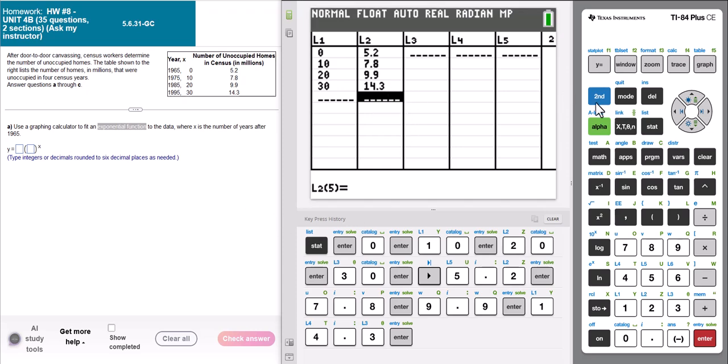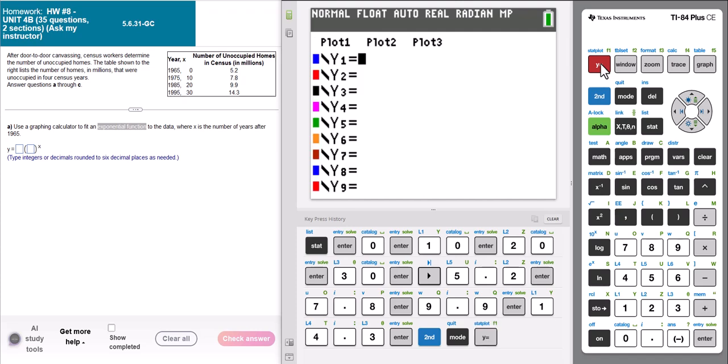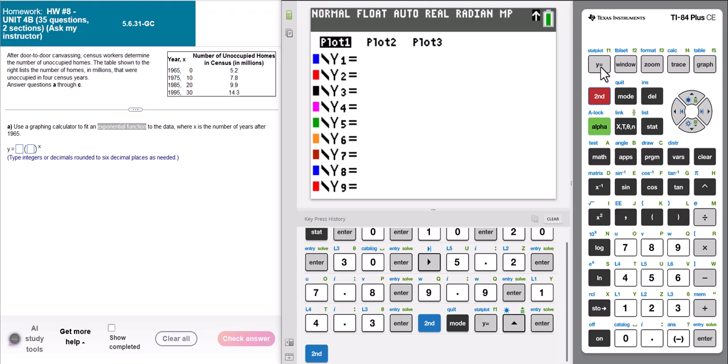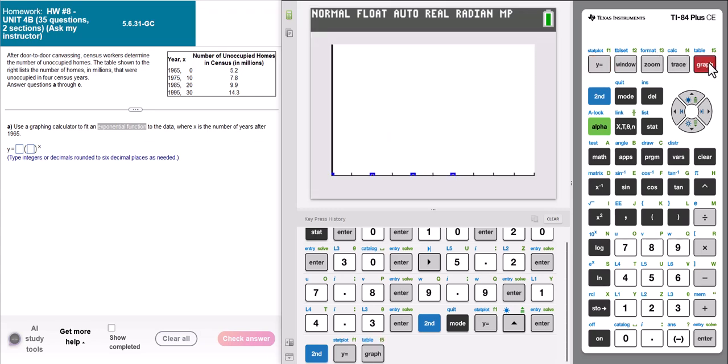All right, so the data is in there. So we'll second quit, get out of that screen. I'm actually going to go to y equals, and I just want to think about what my data might look like. So if you arrow up to where it says plot 1, you can just turn that on. Or you can hit second y equals and you see the plot 1 is on, and it's drawing your x's from L1 and your y's from L2, and it's going to mark them with this little dot. So now I'll hit graph, and we can't really see anything that's going on there,